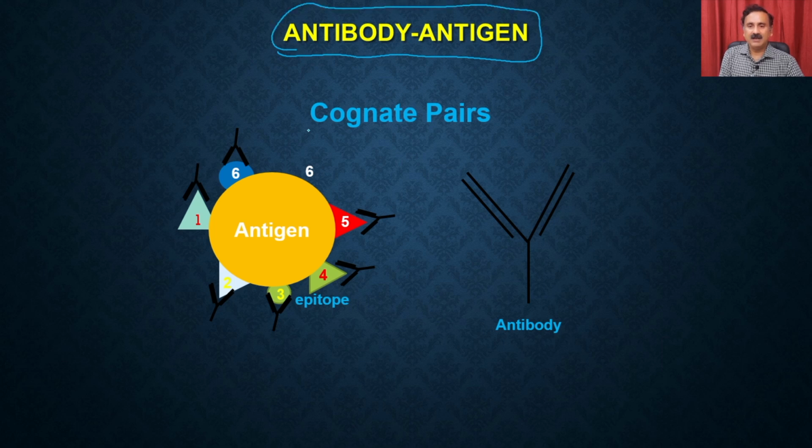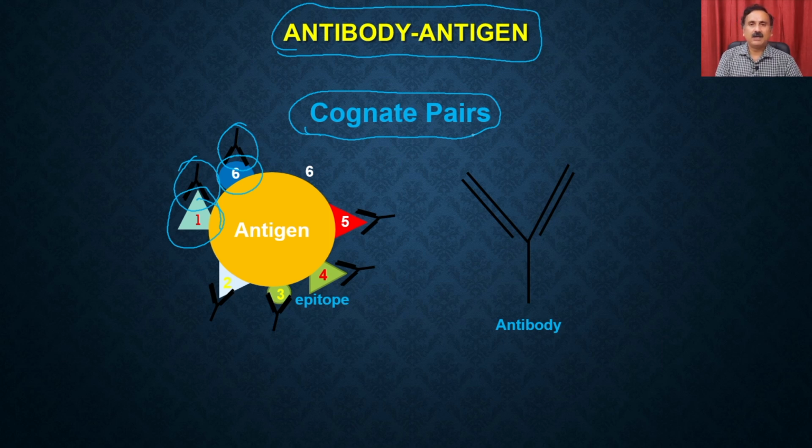So you remember that the antibody and the antigens are part of cognate pairs, which means every epitope is going to produce an antibody, right? And that's how this antibody is going to have its cognate antigen, or I will say the antigenic region on the big antigens. So that's why the antibody can be used for detecting this particular antigen, because the antigen and antibody are actually forming a cognate pair.